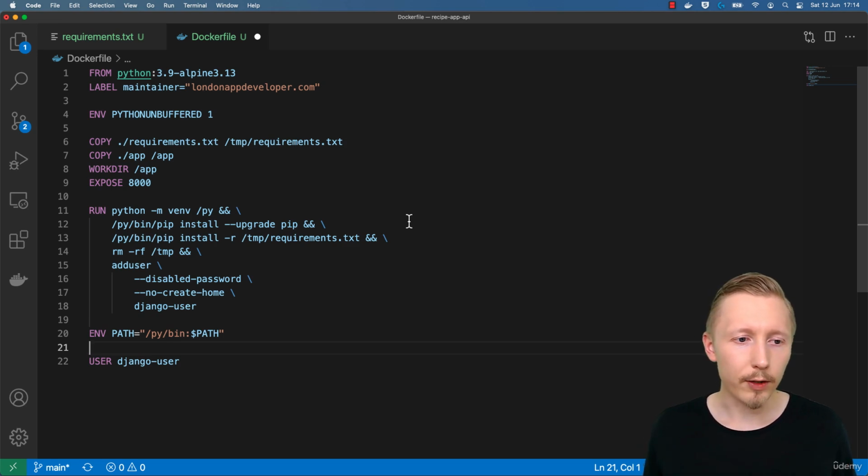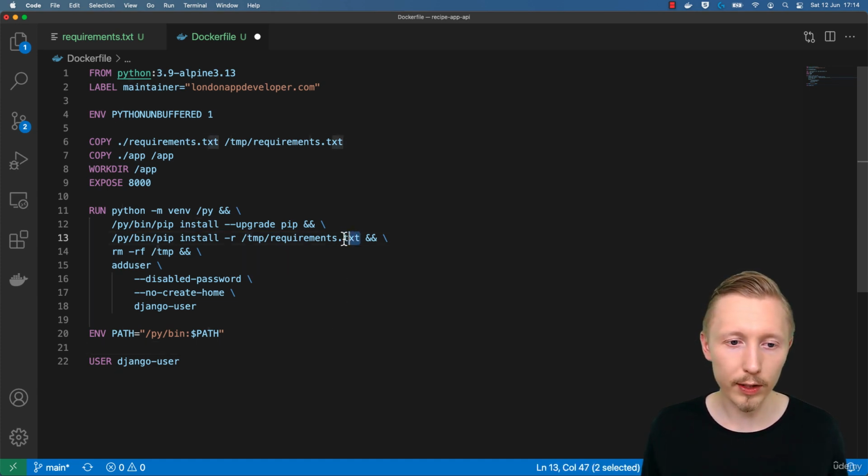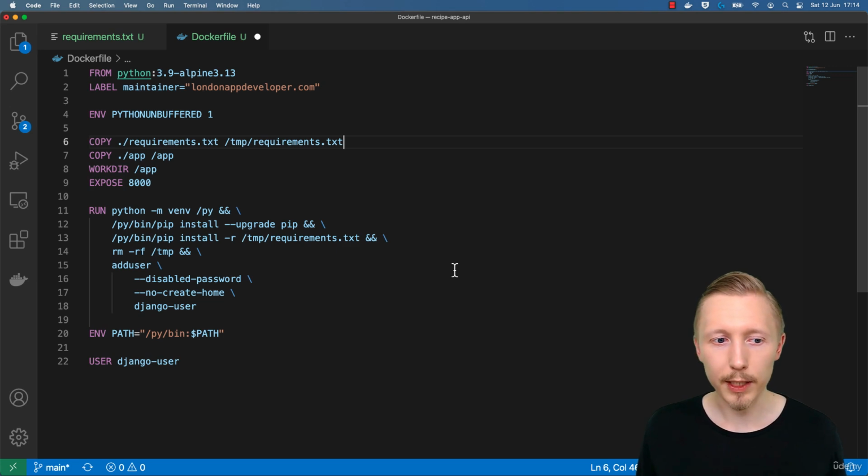The next command we run is we're specifying the full path of our virtual environment. So we want to upgrade pip for the virtual environment that we just created. So we specify the full path by doing /py/bin/pip install --upgrade pip. So this upgrades the Python package manager inside our virtual environment. Next, we install our requirements file. So this /tmp/requirements.txt is what we copied here on line 6. And basically, we install that list of requirements inside the Docker image. So this will install it inside our virtual environment because we're specifying the full path to pip inside our virtual environment,